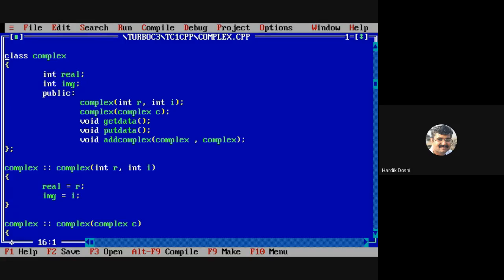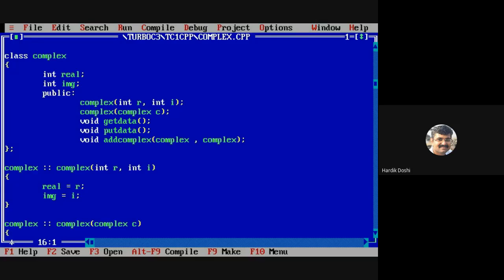Sir, how do I read the program? How do I understand the program? Very simple. And then what I say is, read the program, understand the program. It's very simple. Okay, what is written? Class complex is there with two data members, real and imaginary, and there are certain functions written into this. One is get data, another is put data, another is get complex, and two constructors are written.